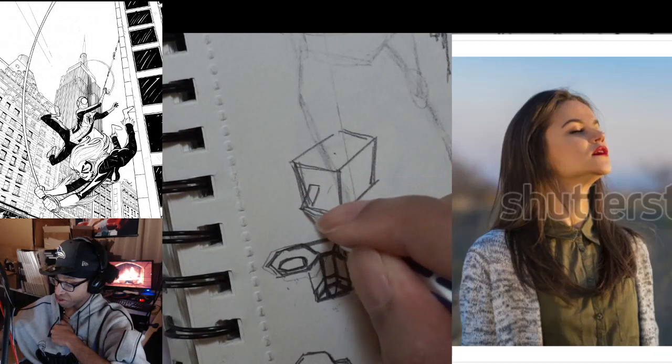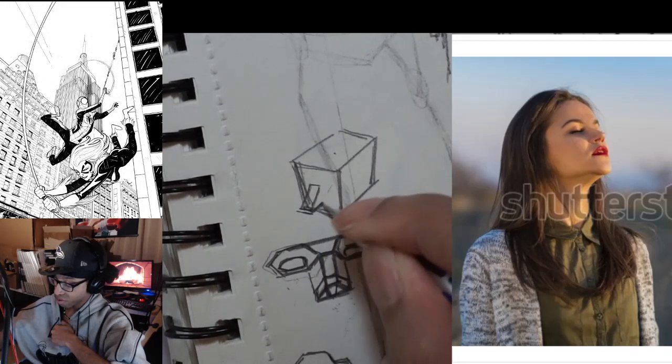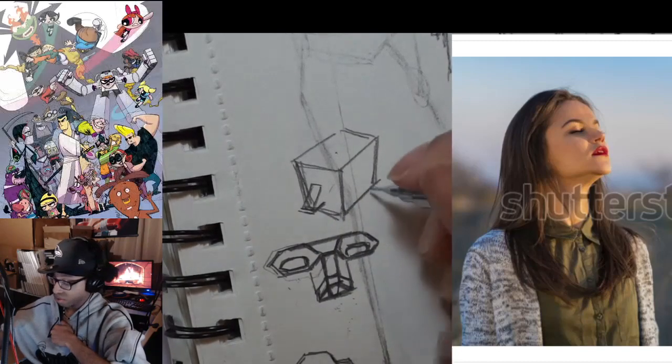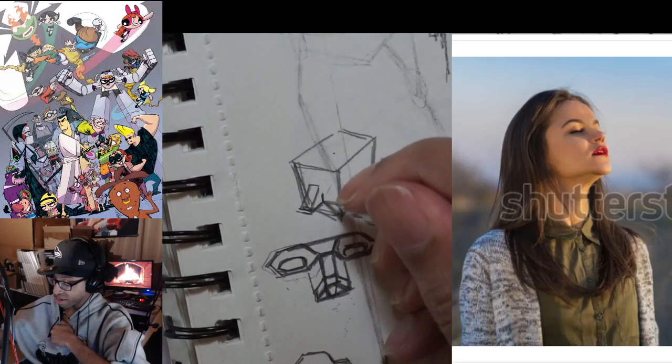Which means you're also going to see the top of the nose. And as that side comes up,